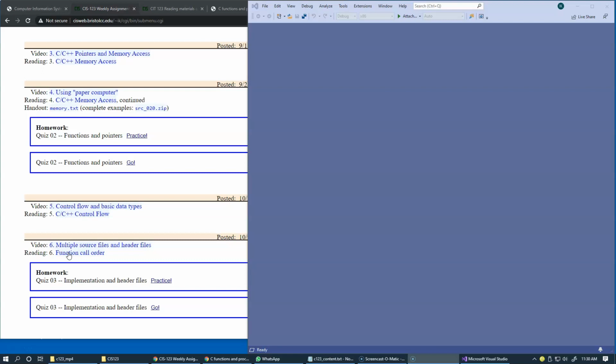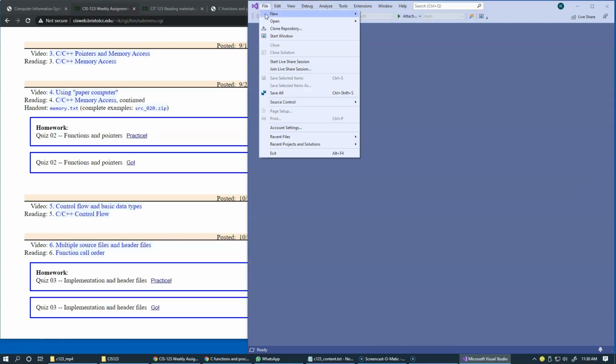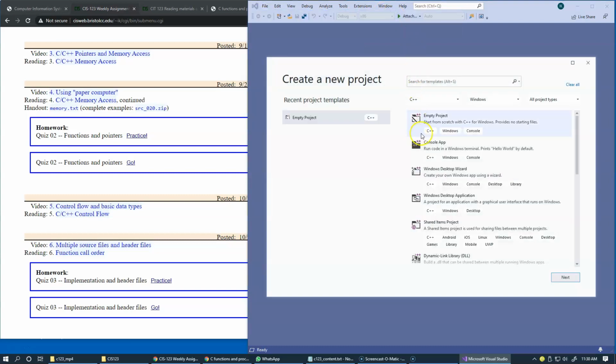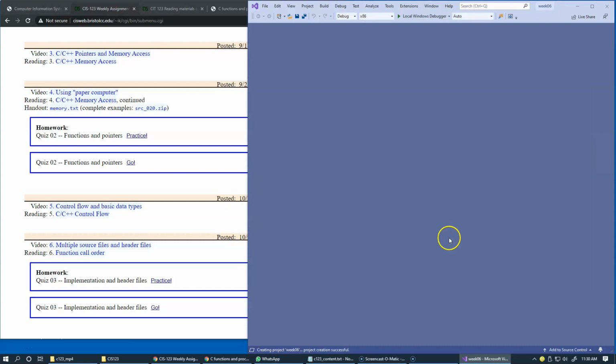To begin with, I'd like to create a new project, and the project directory is going to be the same as we started earlier. So this is my location on my hard drive. So I'm just going to jump onto File, New, Project, create empty project, and specify it's going to be week 6. And this is just a location. Replace this location with the recognizable location when you are creating your projects. So we'll create the project,